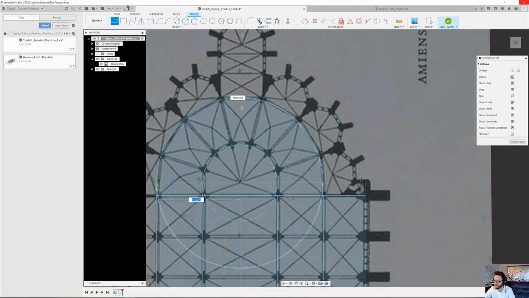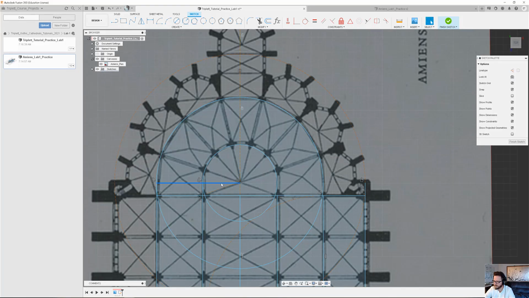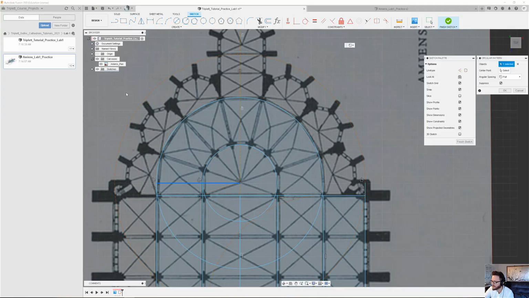We're just saving for a moment here. Okay, so we've got our line drawn. I'm going to select that, and there's a very useful tool for us in Gothic cathedral design, which is the circular pattern. So I'm going to select that line, click on circular pattern, and now I'm going to select the center point. Okay, so we have one object selected, which is that blue line already, and our center point is going to be here. Okay, and now you can see it's starting to project that and copy that line around